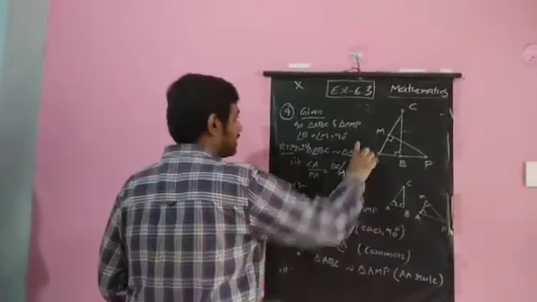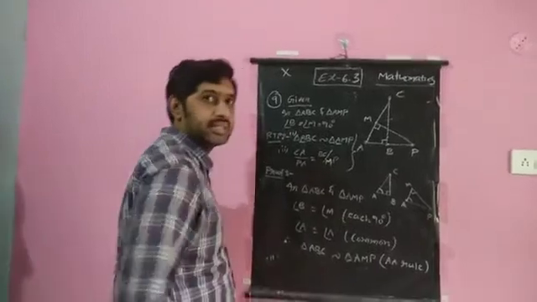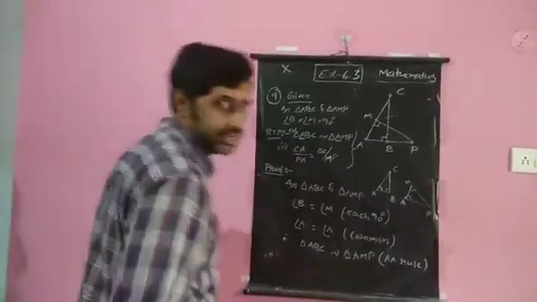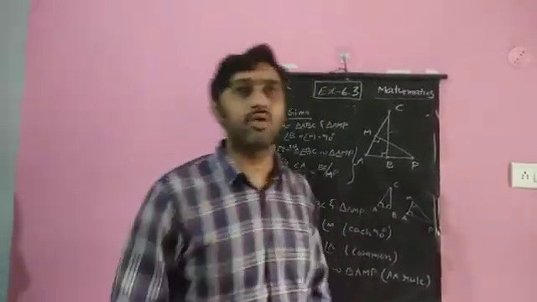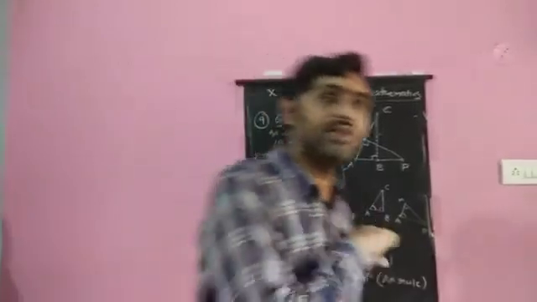Actually, whatever question you're getting, they are interlinked with each other. If these triangles are similar, this part will come by CPST. In 9th class, you did it like that with CPCT. You prove that the two triangles are congruent. After that, you write by CPCT this angle equals this angle, and this side equals this side. In 9th class. The same way applies in similar triangles also.